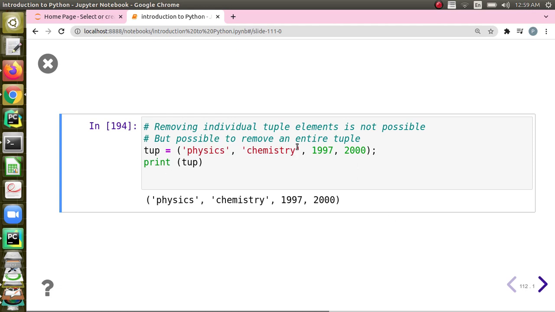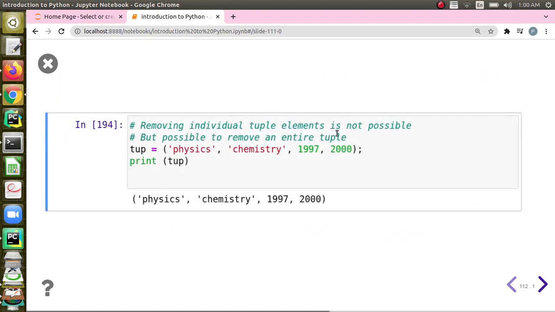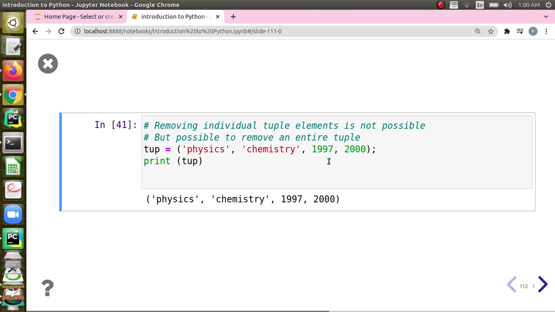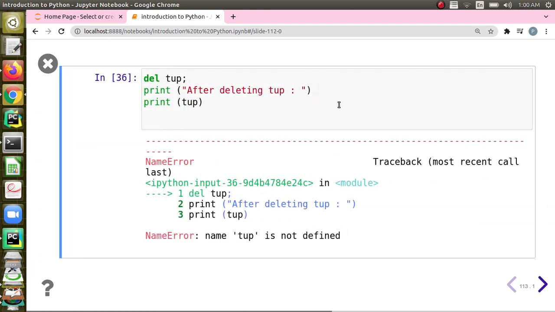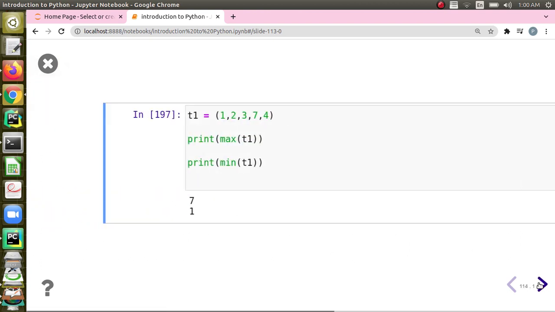And you can also just print, right? This is showing that mixed type, heterogeneous type is possible. You cannot remove an element. I cannot simply delete a particular element, but I can delete the entire object itself. I can simply say del tup. This is possible. Let us try this. This is defined. See, you are saying del tup, and after deleting you are trying to print, you will see that you will get an error, right? Because we have already deleted it.